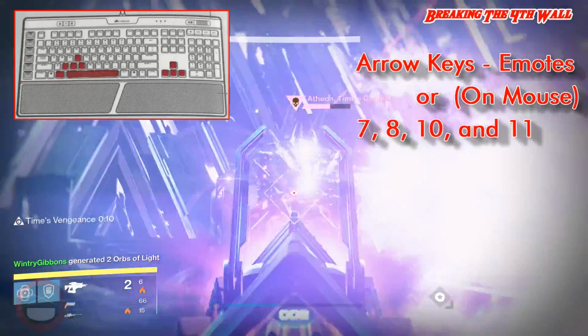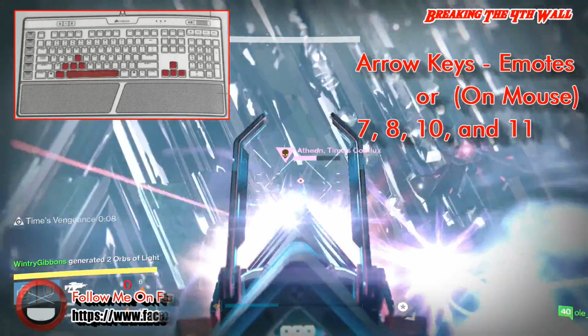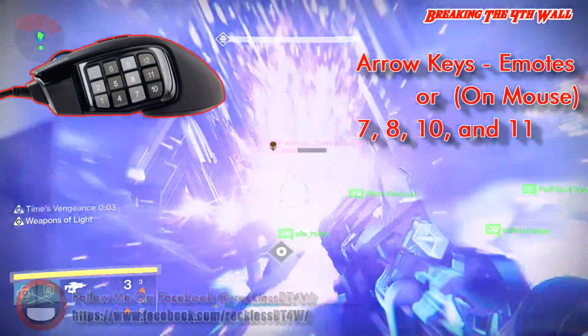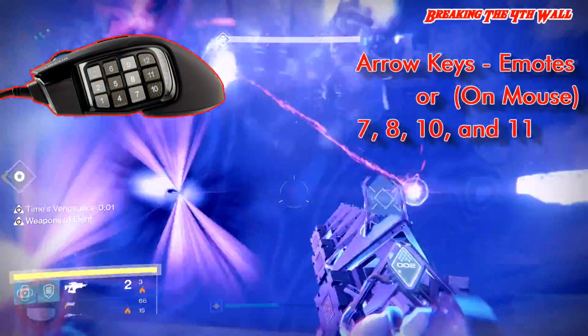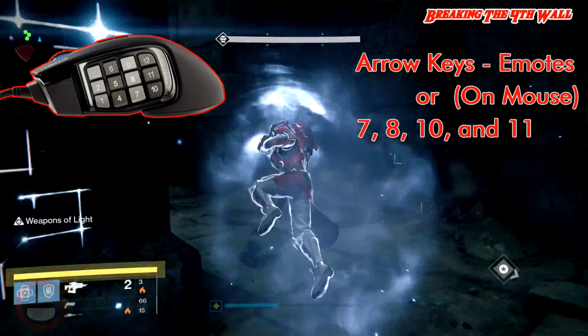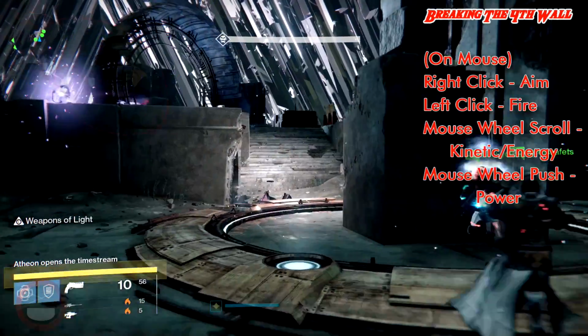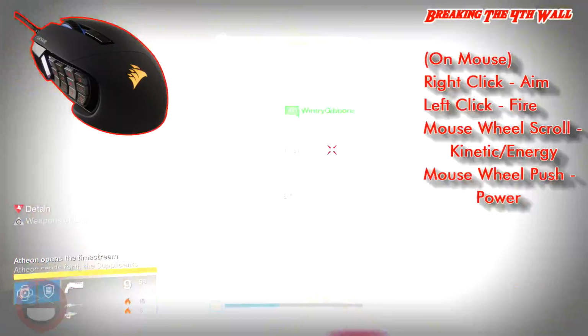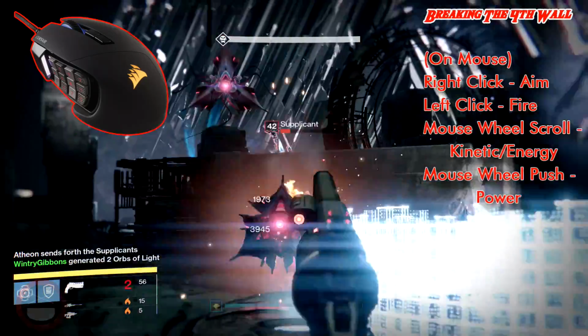The arrow keys will still be my emotes, unless I can map the emotes to the macro keys on the mouse. If I can remap the keys, then 7, 8, 10, and 11 will be for my emotes. Aiming and fire my weapon will be the same, but as for the mouse wheel, it will stay as switching from my kinetic weapon to my energy weapon. But if I can change it,